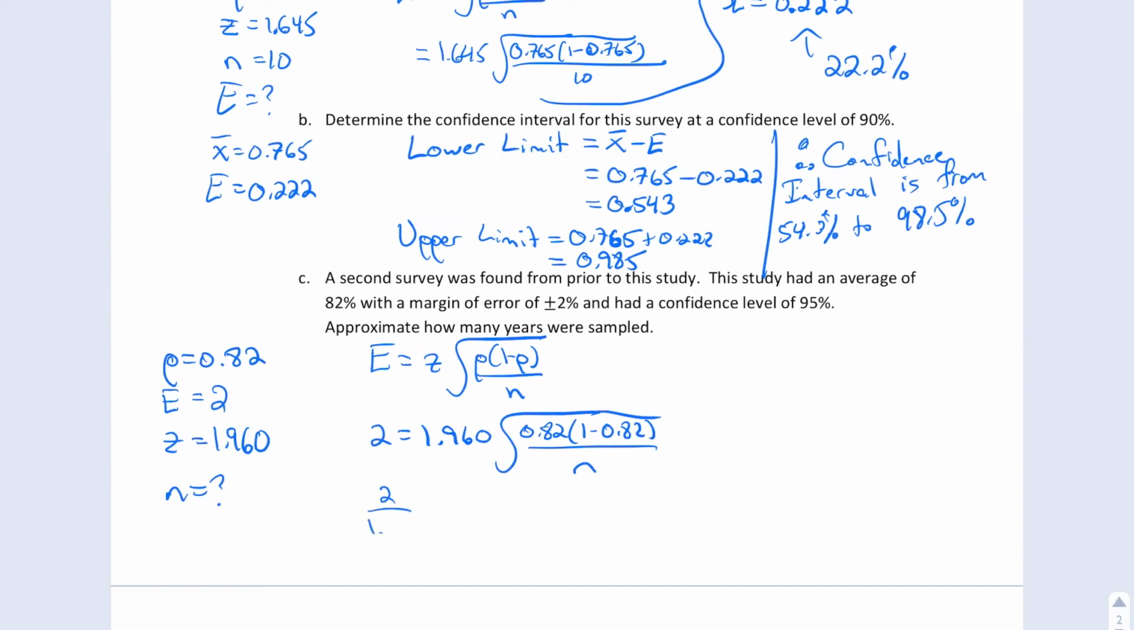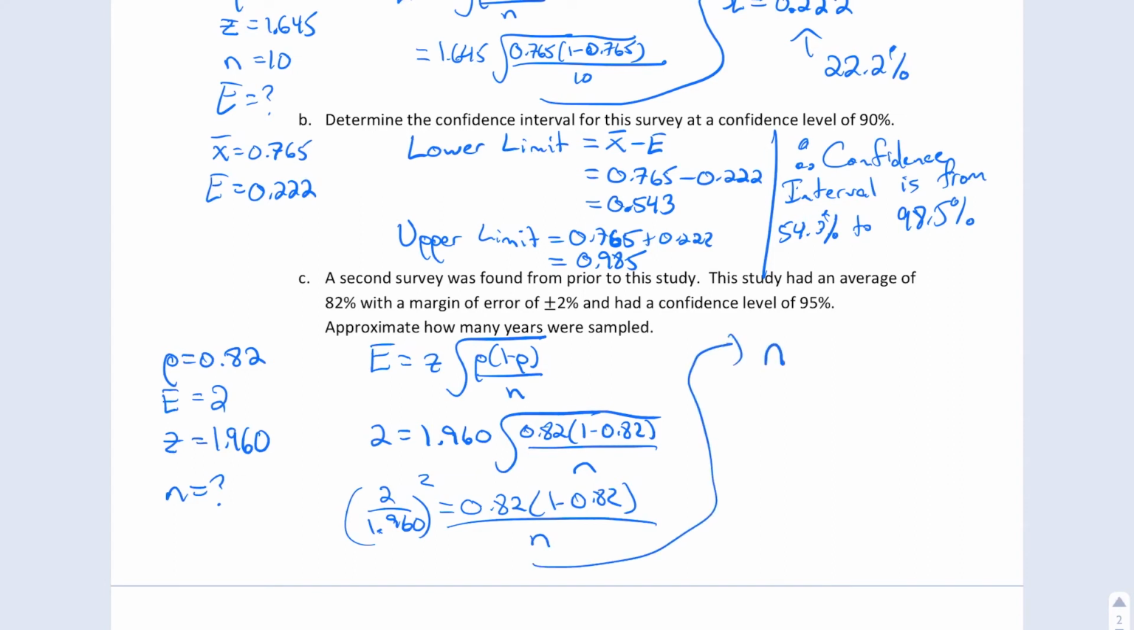And so a little bit of algebra to figure out. First thing I can do is divide both sides by 1.96. So I move that over because I'm trying to get an N. And I can also square everything at the same time to get rid of the square root. So now, if I move N to the other side, I'm moving N up and the other part down with the squared. So I have 0.82